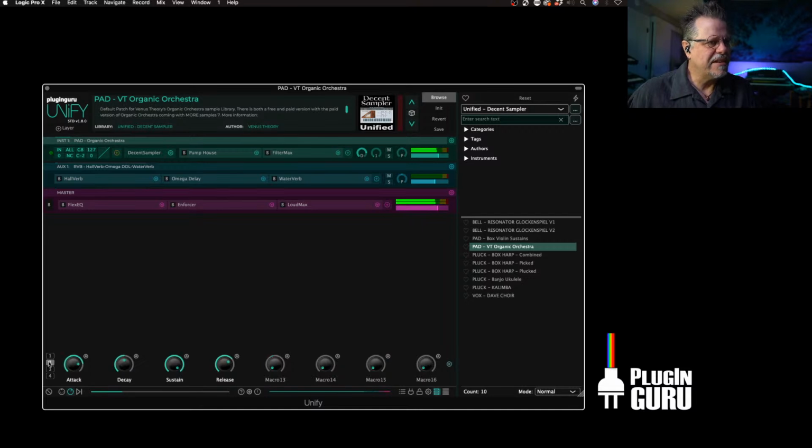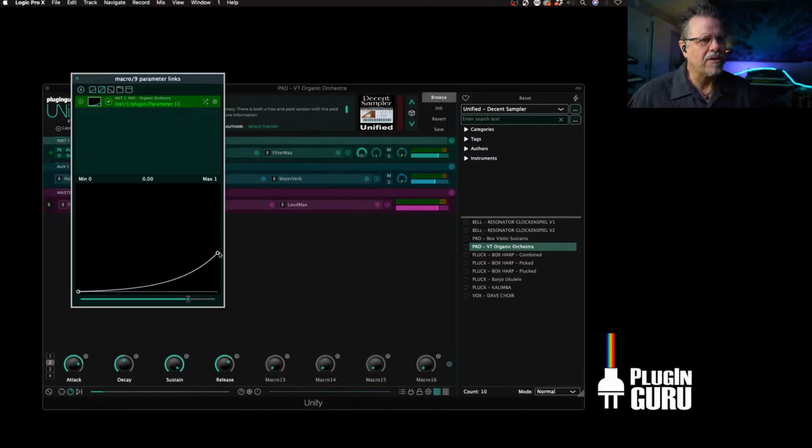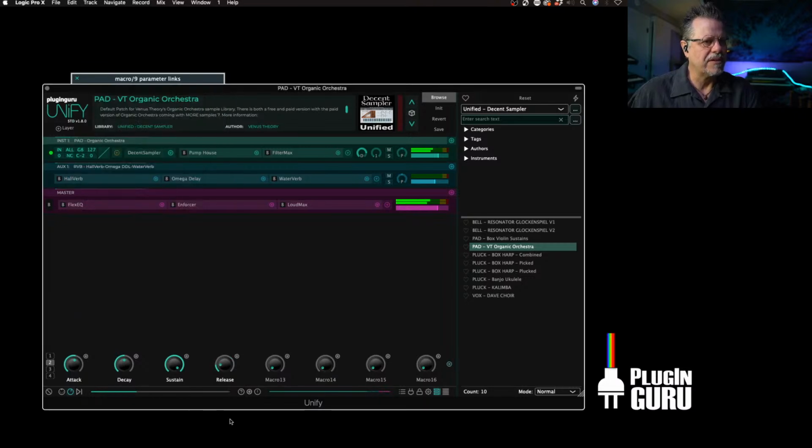As you can see, I have put in the attack, decay, sustain, release, but check this out. I have limited the range and then drastically curved it because the parameters in Decent Sampler are not optimized at all yet. So by doing this, you can